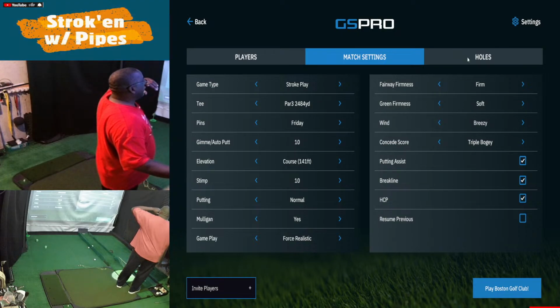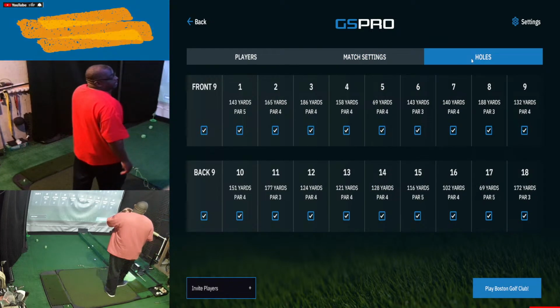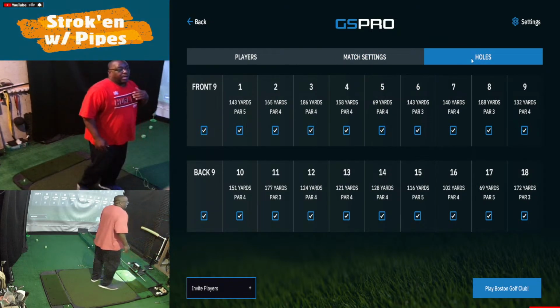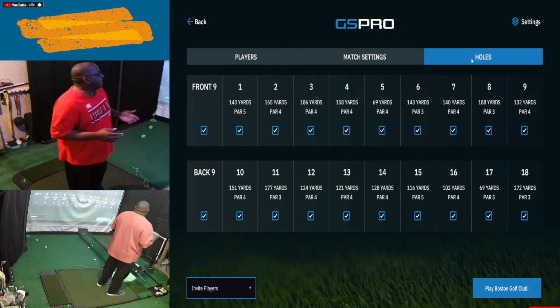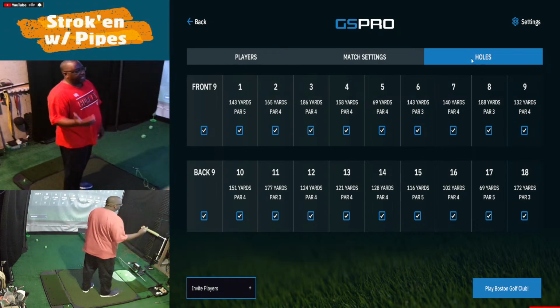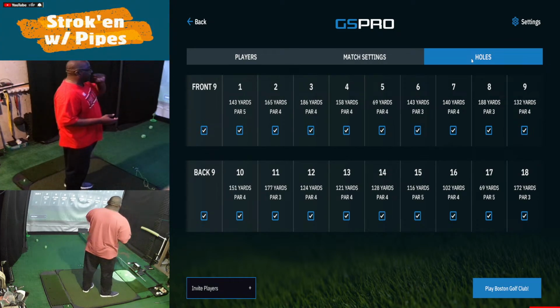The next thing on this, with local play, is the holes. So within local play, when you're getting ready to play a round, you can pick which holes you want to play. You don't have to play all 18. So you can play the front 9, you can play the back 9, or you can randomly pick which holes